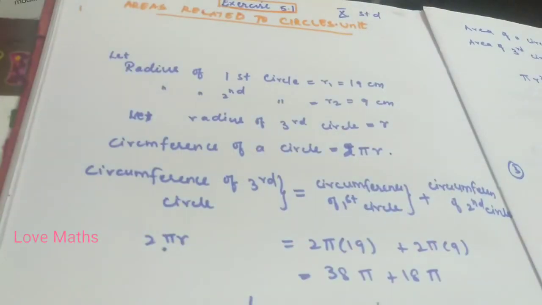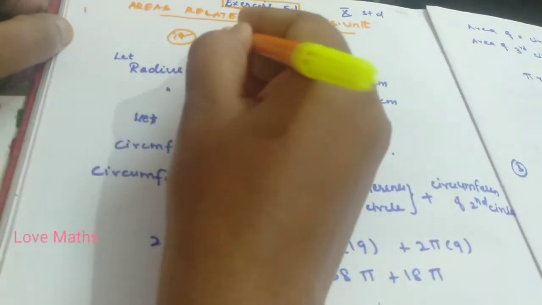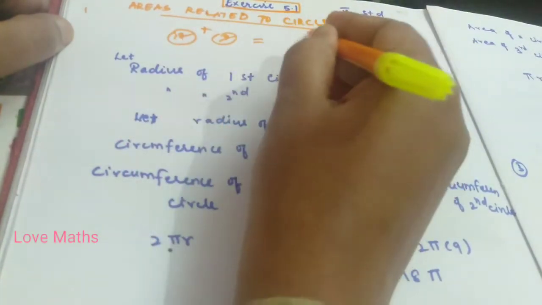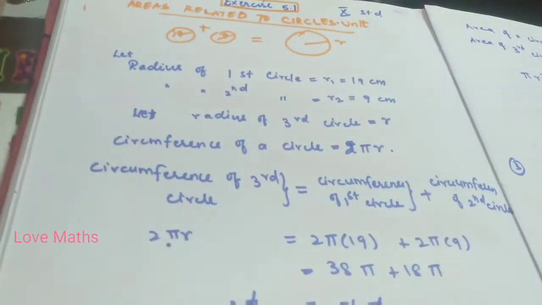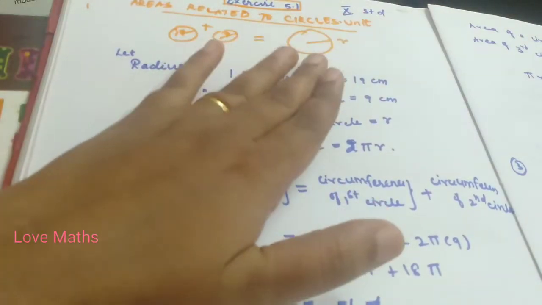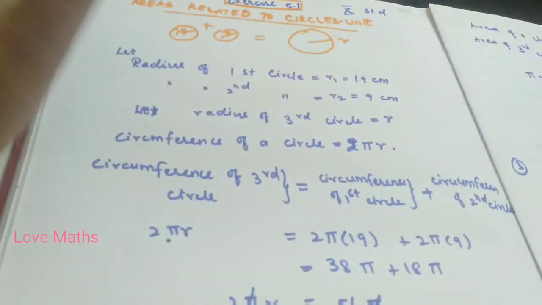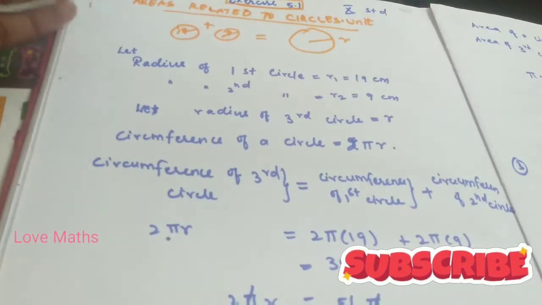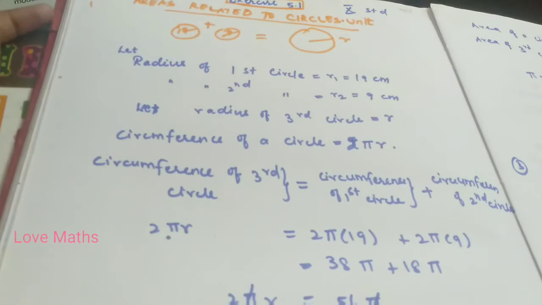Okay, what does the question mean? Two circle radii are given. One circle is 19, one circle is 9. The sum of these is equal to one new circle. What is this new circle's radius? Usually, this circle radius plus this circle radius is the new circle radius, the sum of 19 plus 9 is 28. If it is a choose-the-answer question, you can answer directly. But if it is a written question, you have to do it step by step. Here we are going to see how to do it step by step.